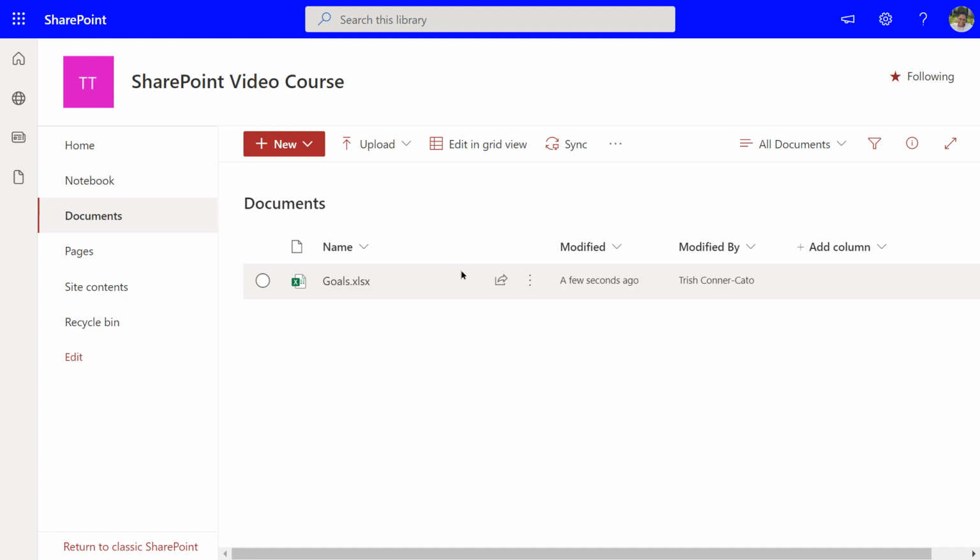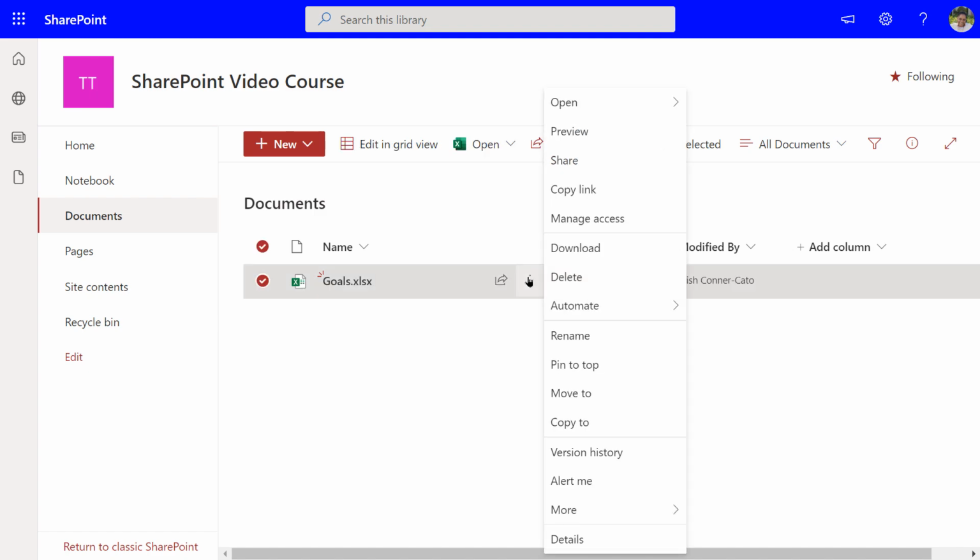There are several actions you can take with documents in the document library. If you hover over goals, to the right, you'll see a vertical ellipsis. If you hover over it, it says show actions. That show actions menu has a lot of different things on it. You can open the document in the browser or in the app. So if you have Excel on your computer, you can open it one or two ways there. Again, when you click the link to the document, it will automatically open it in Excel in the browser,